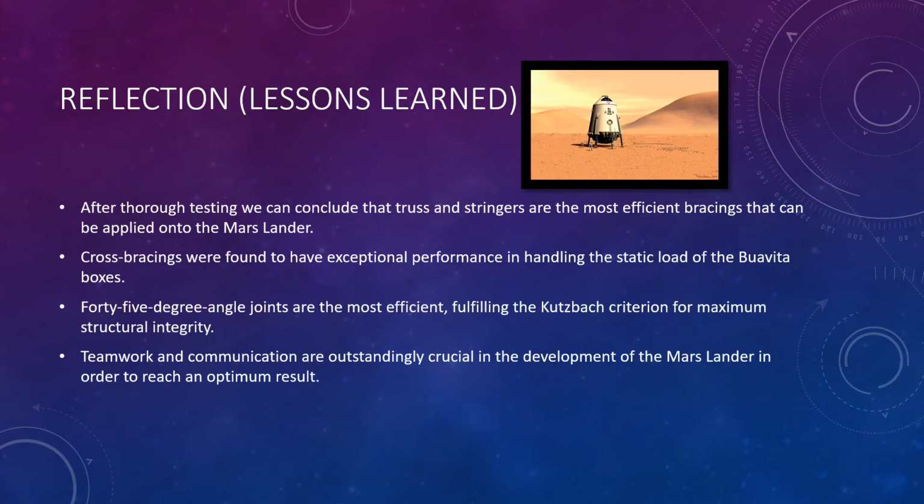On the last slide, this is the reflection, the lessons that we learned from the Mars lander project. After thorough testing, we can conclude that the truss and stringers are the most efficient bracings that can be applied onto the Mars lander. Cross bracings were found to have exceptional performance in handling the static load of buoy feet apexes. And 45-degree angle joints are the most efficient,